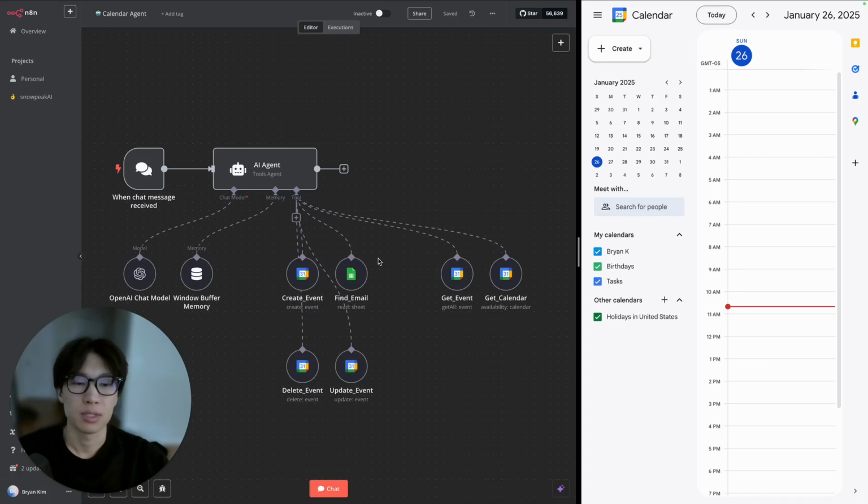This is the personal assistant agent that I use to handle and manage my entire calendar. In today's video, I'm going to show you how you can get this up and running in N8N in under 20 minutes. As you can see here, the functionalities are pretty simple, but this is what I would typically use